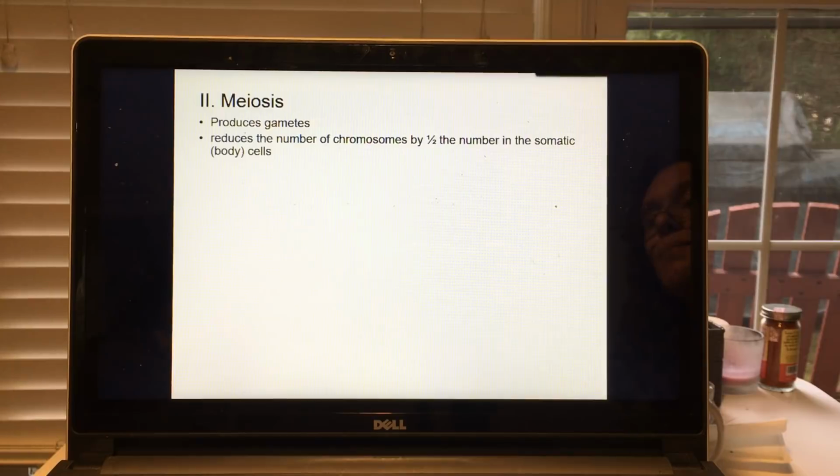So meiosis is the production of gametes, which is the general term, remember, for sperm and egg. And meiosis always reduces the chromosome number by half the number in the normal body cells. And that is so that when fertilization takes place, you get the normal number of chromosomes back. Otherwise, every time you had fertilization, you would double the number of chromosomes each generation. So for humans, sperm and egg have 23 chromosomes each, and when fertilization occurs, we get 46 as our chromosome